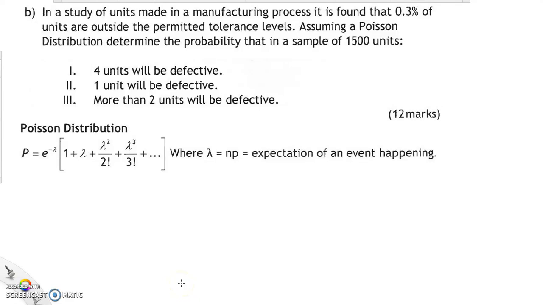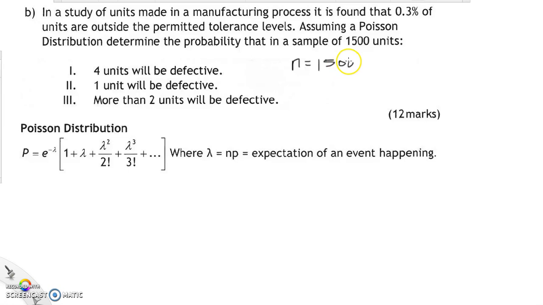Now, this is a question on a Poisson distribution. We have a manufacturing process where it's found that 0.3% of units are faulty. Assuming a Poisson distribution, determine the probability that in a sample of 1500 units, we have exactly 4, exactly 1, and more than 2 defective units. So 1500 units, first of all,